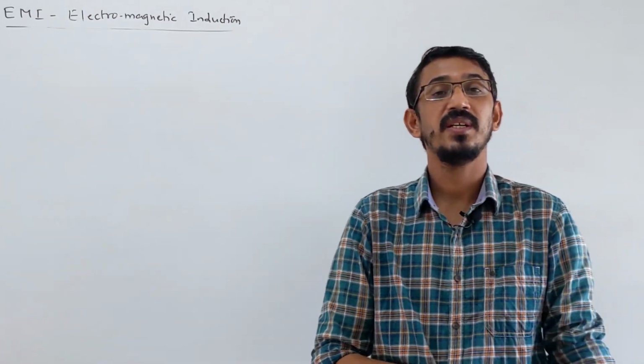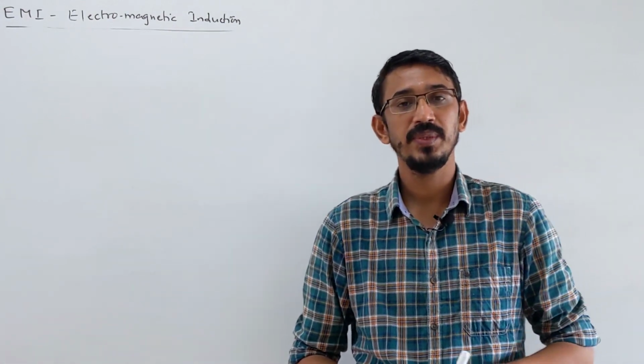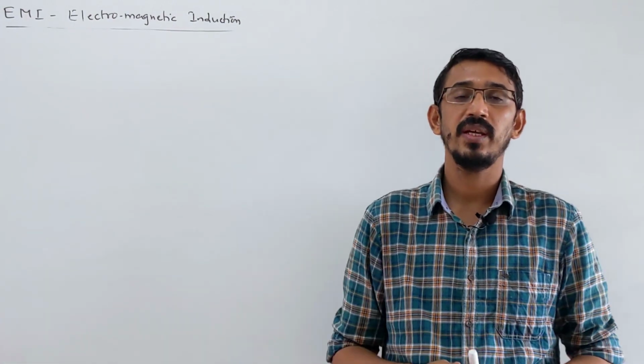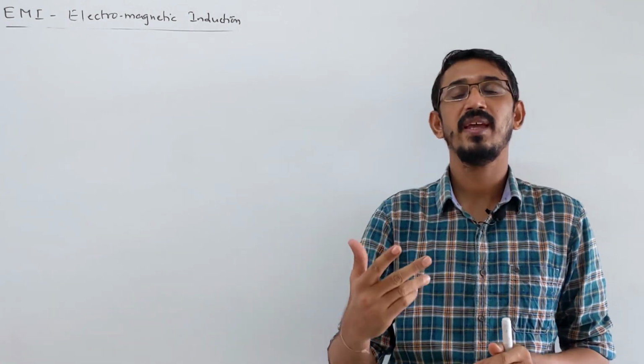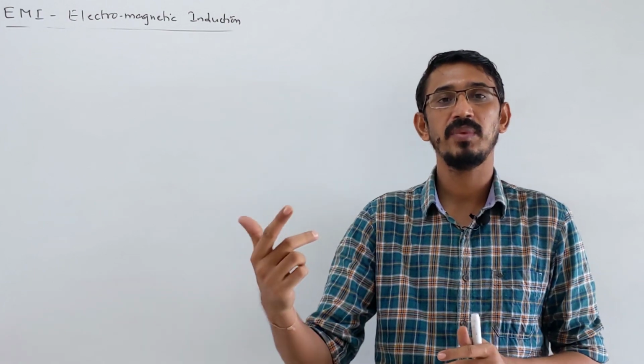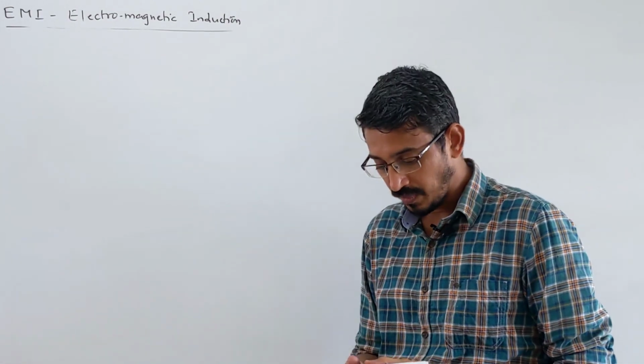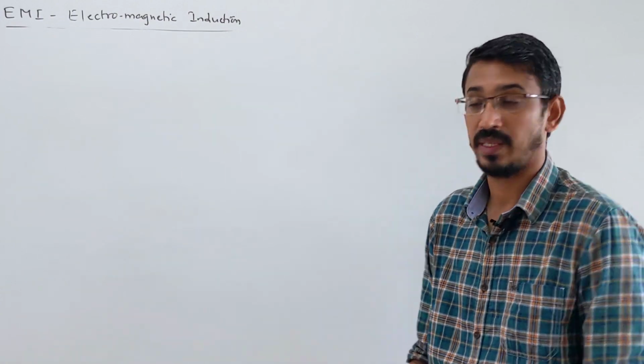In the previous lecture we started the types of EMI. I discussed three types with you: one is called static, one is called dynamic, and one is periodic. Static EMI I already discussed with you, where we mainly learn about self-induction and mutual induction. Today's topic is dynamic or motional EMF.